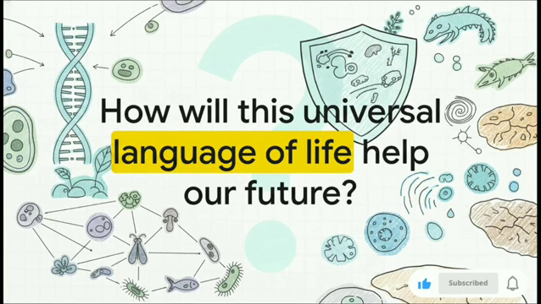So, from defining that initial spark of life to building this amazing universal language to catalog it all, taxonomy gives us a powerful framework. But it's not a closed book. We know there are millions of species still out there, waiting to be discovered. So the real question is, in a rapidly changing world,